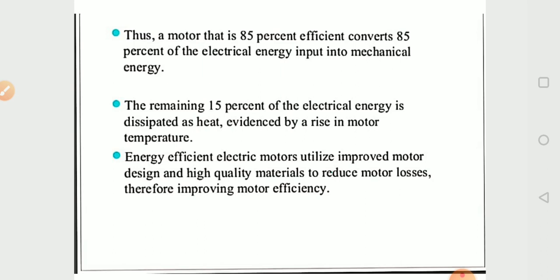We can say industry can save energy and money by using both heat and electricity from one energy source, and by using more efficient motors and lighting. By using more efficient motors, industry saves money and energy.